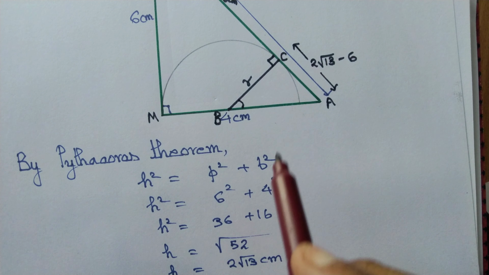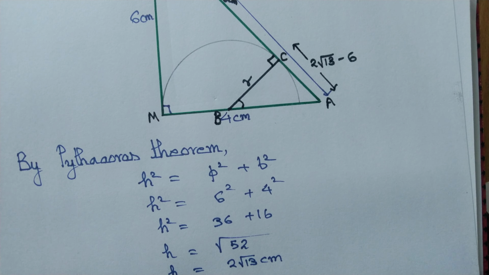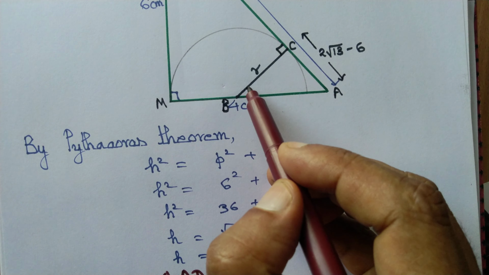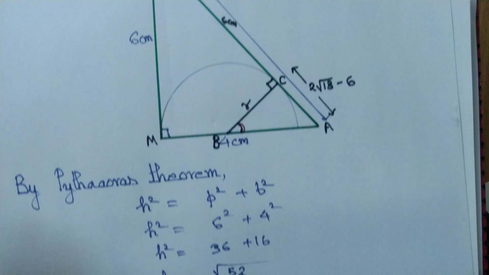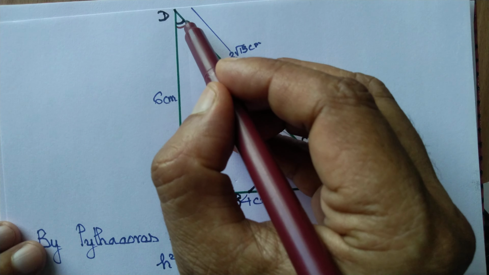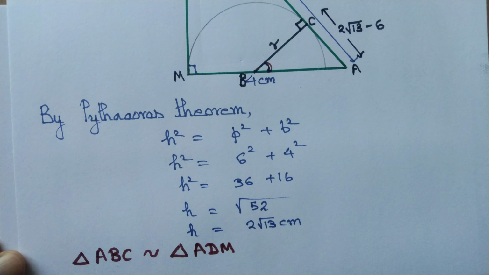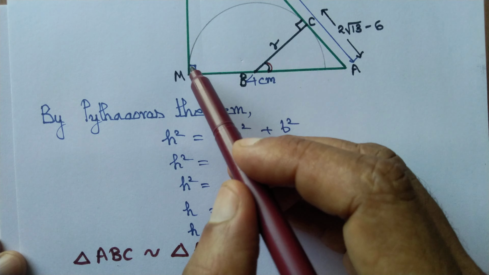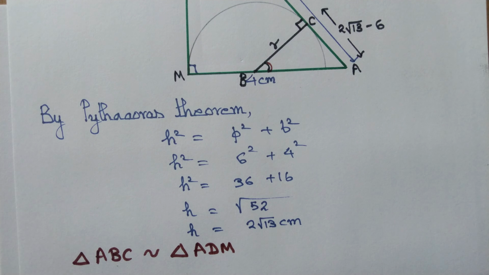That's because angle A equal to angle A. This angle is exactly equal to this angle, and of course angle C measure 90 degree and angle M measure 90 degree. Now if two triangles are similar, then the sides are proportional,